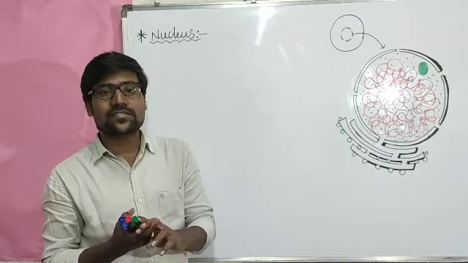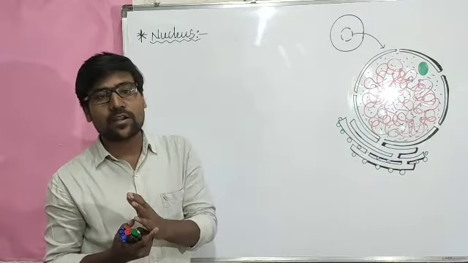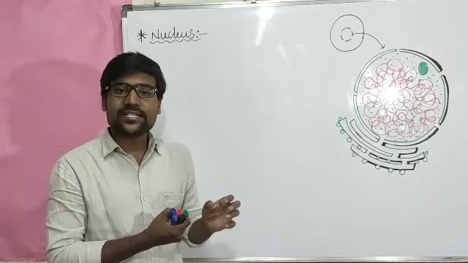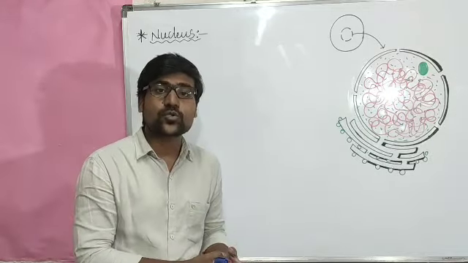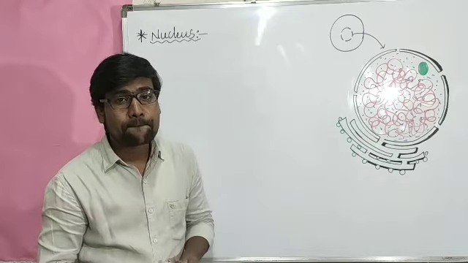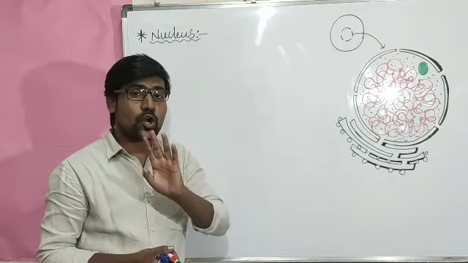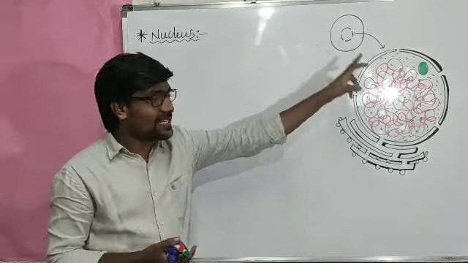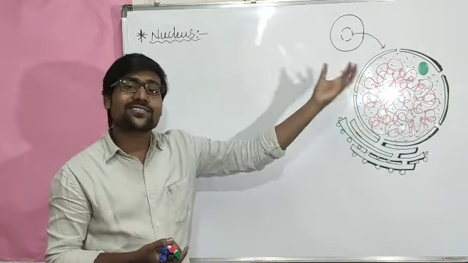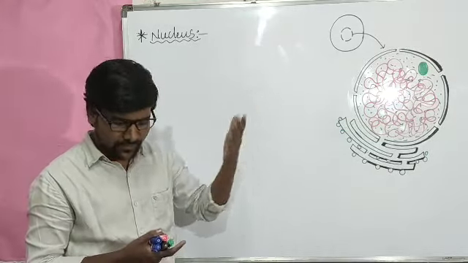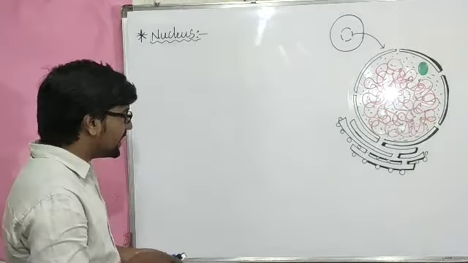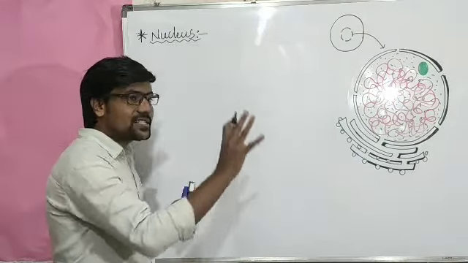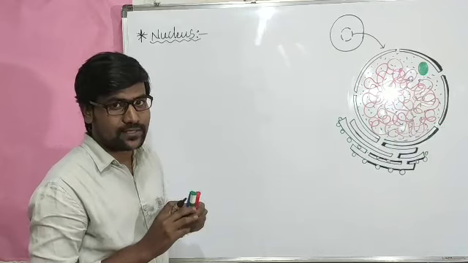In the endomembrane system, the center, the major part of the cell, is the nucleus. Today in this video, let us see the importance of the nucleus to the cell. Which cell? Yes, the eukaryotic cell, not the prokaryotic cell. Of course, in a prokaryotic cell, not exactly this kind of structure, but a similar structure is present. Let us see that also. Here we are discussing the eukaryotic cell, not the prokaryotic cell.